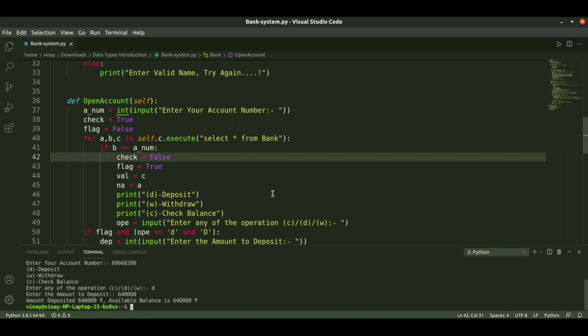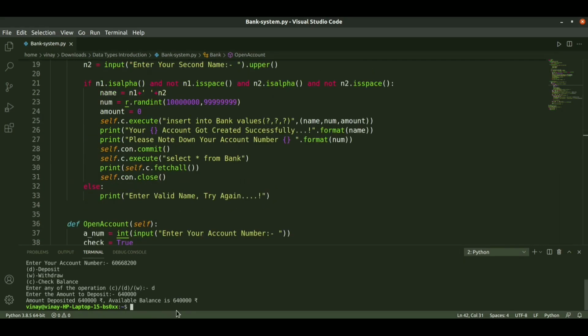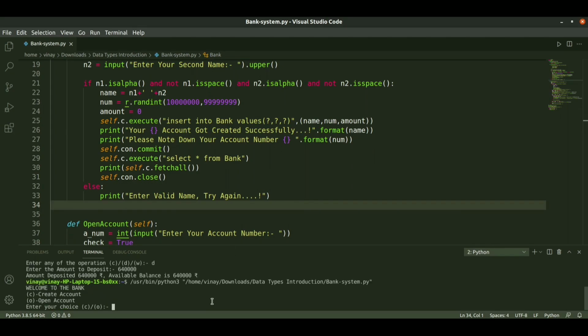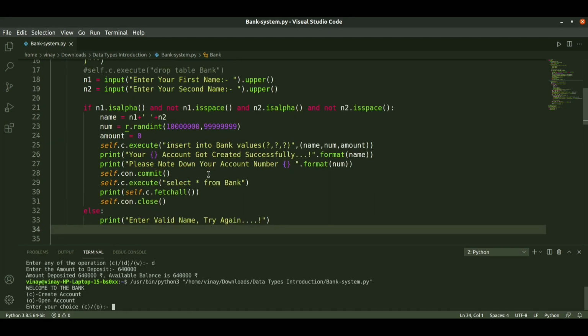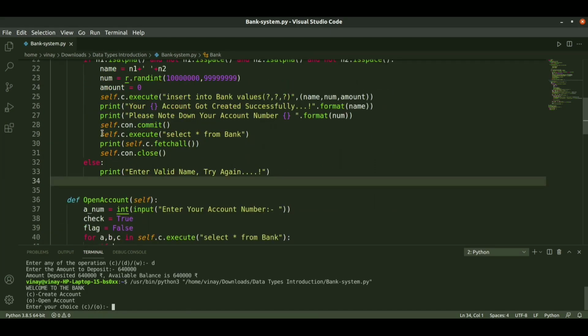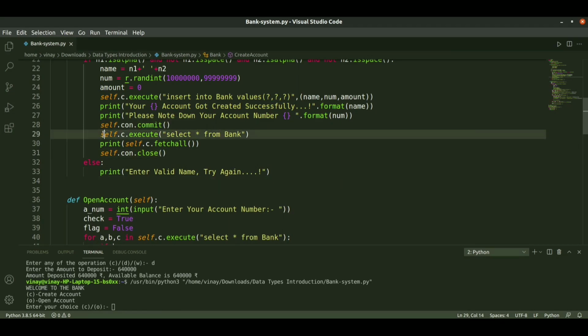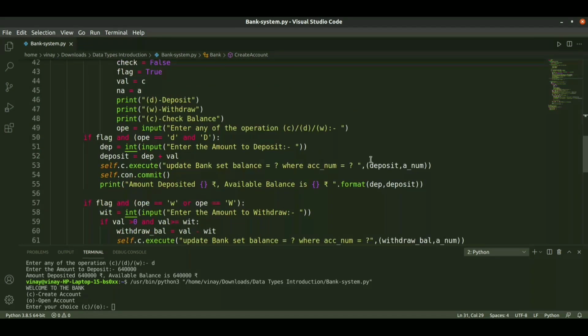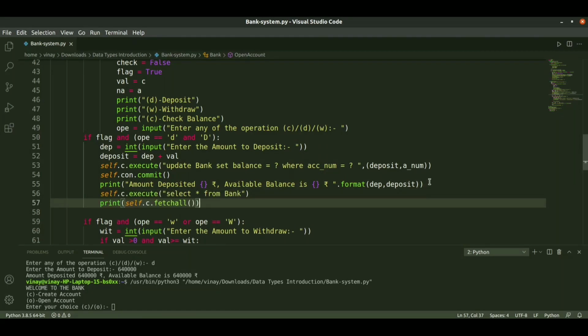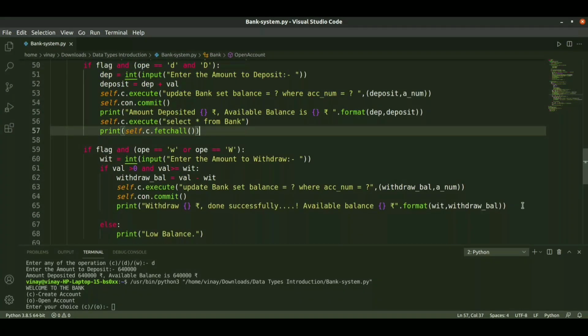So to check whether it is deposited or not, I just paste this self dot fetch section into our deposit section, and also paste it in the withdraw section.